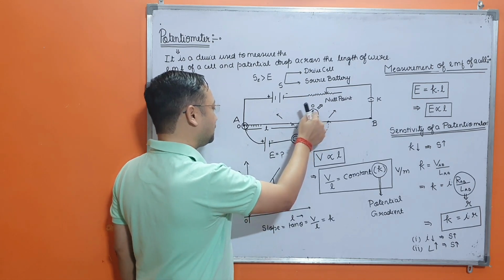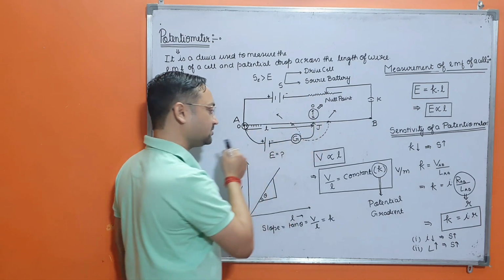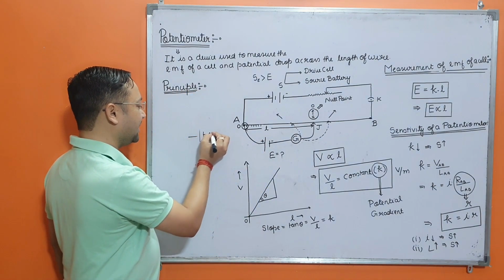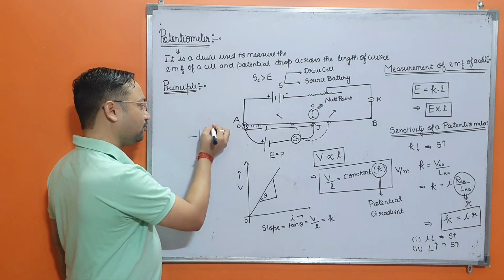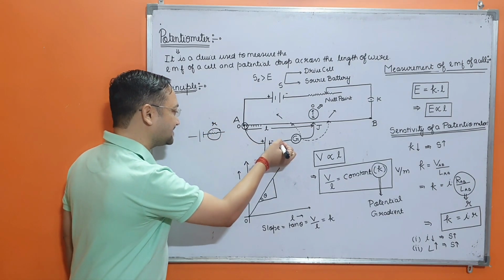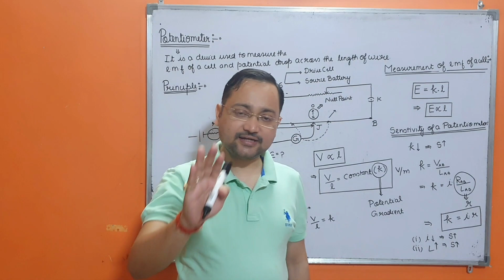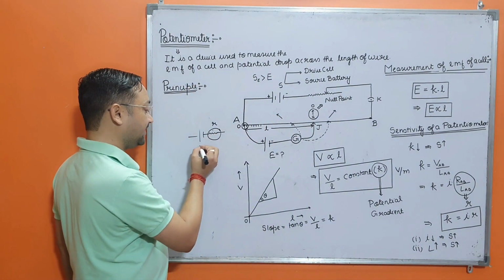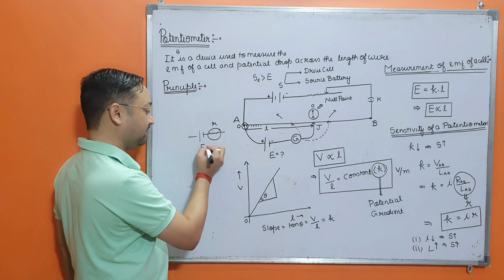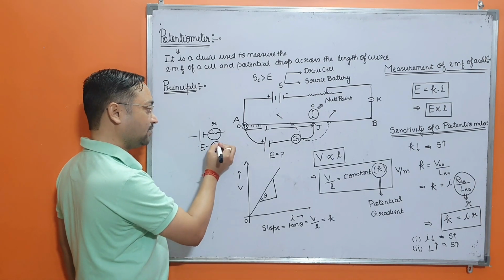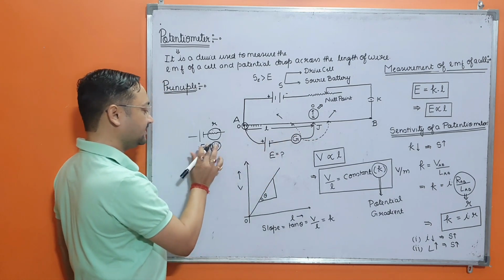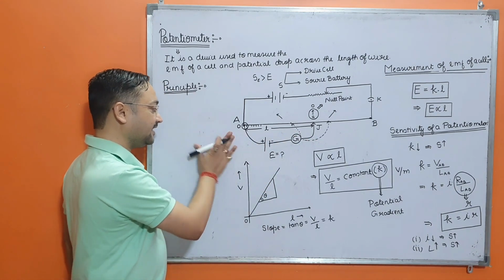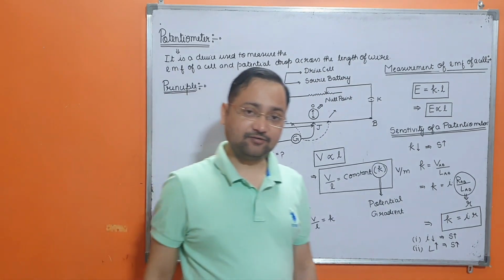And if this is the null point, it means that there is no current in this branch. If there is no current in this branch, then at the null point there will be no potential drop across the internal resistance of the cell. And if there is no potential drop across the internal resistance, then you are measuring the true value of the EMF, because I times r is 0, since there is no current in the branch. In that case you are measuring E only, and this is the reason we say that it acts as an ideal voltmeter.